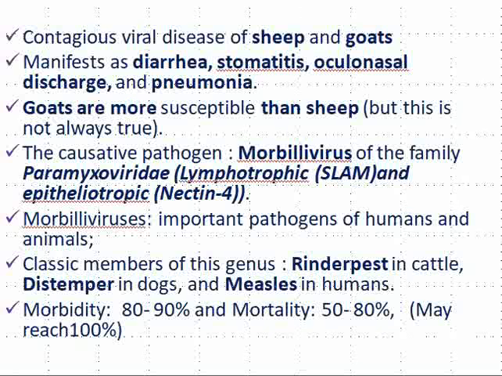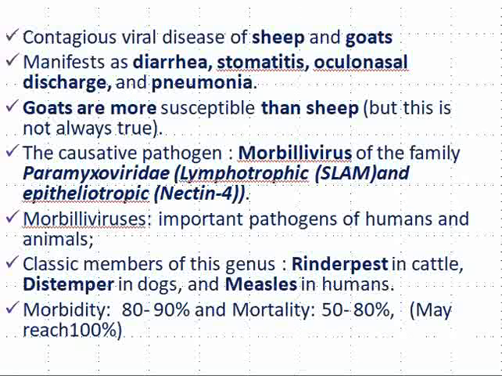Hemagglutinin and neuraminidase protein of the PPR virus helps in its attachment to the host cell receptor, and it is found that it has very high affinity towards the SLAM as well as nectin-4 host cell receptor. SLAM, that is signaling lymphocyte activating molecule receptors, are generally present on antigen presenting cells, and nectin-4 is a host cell receptor which is generally present on the epithelial cells. That's why this virus has got affinity toward both lymphoid as well as epithelial cells.